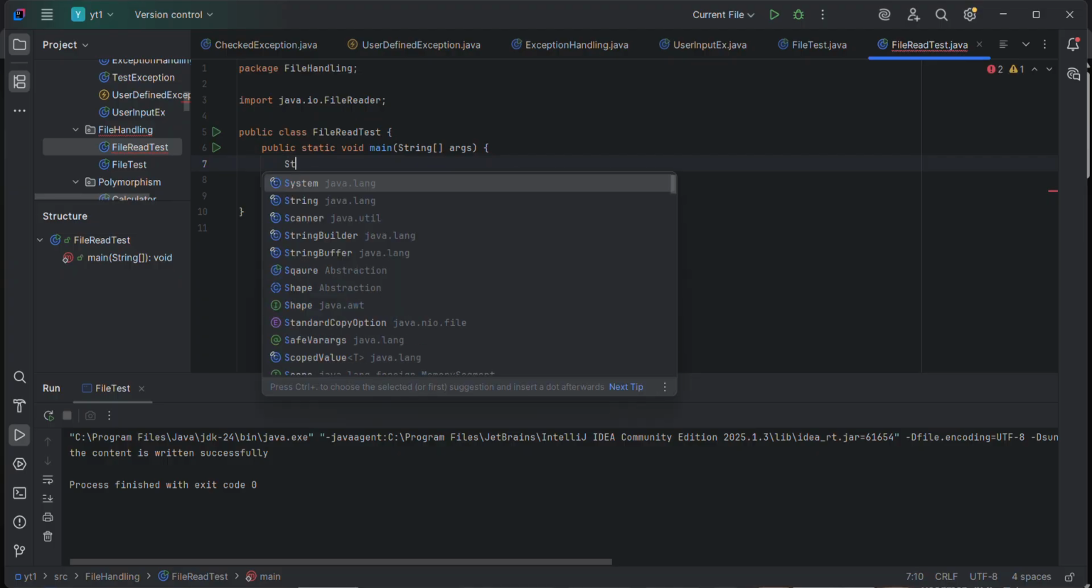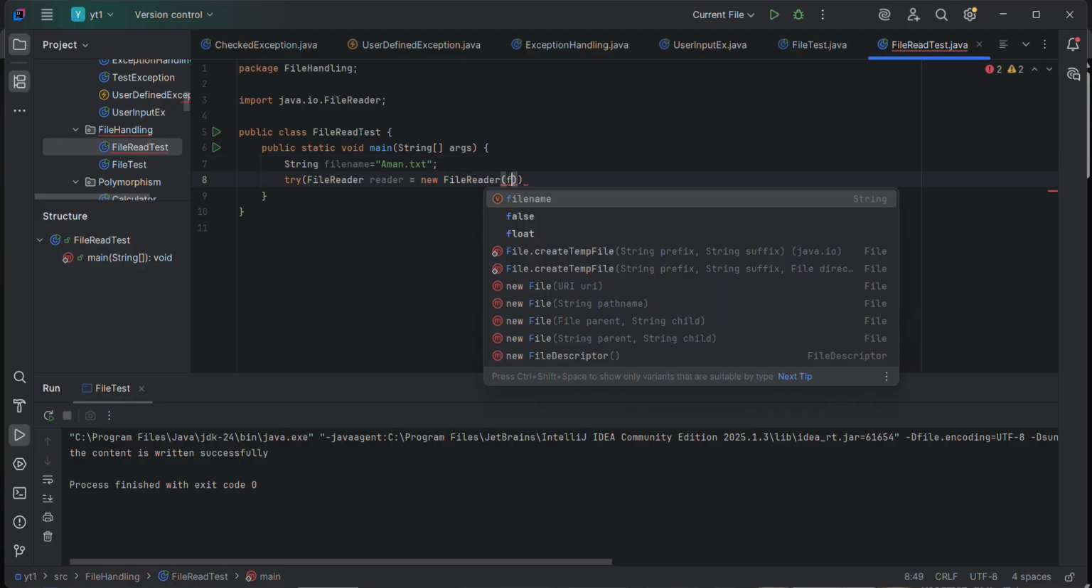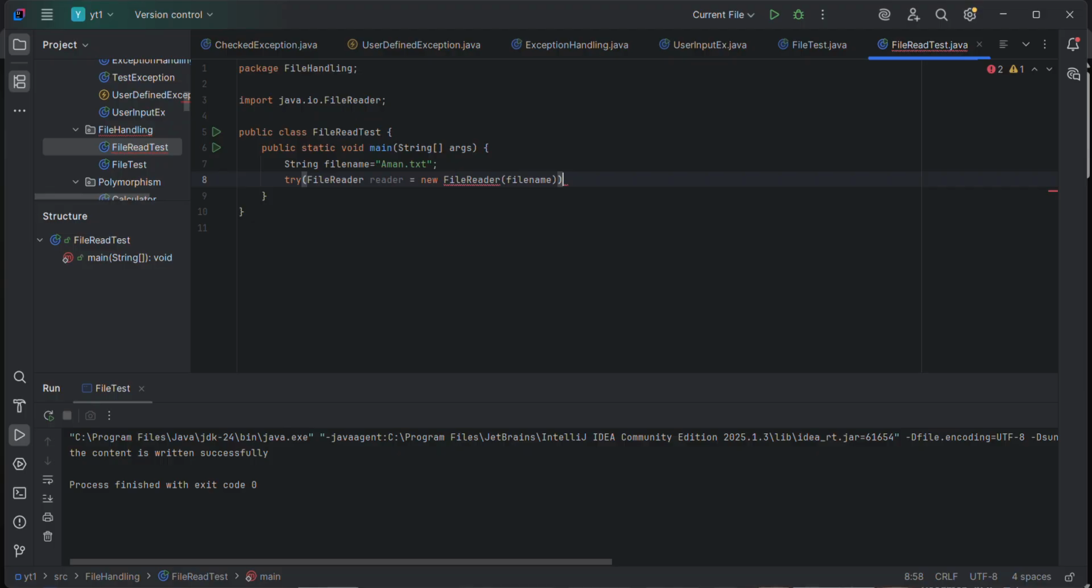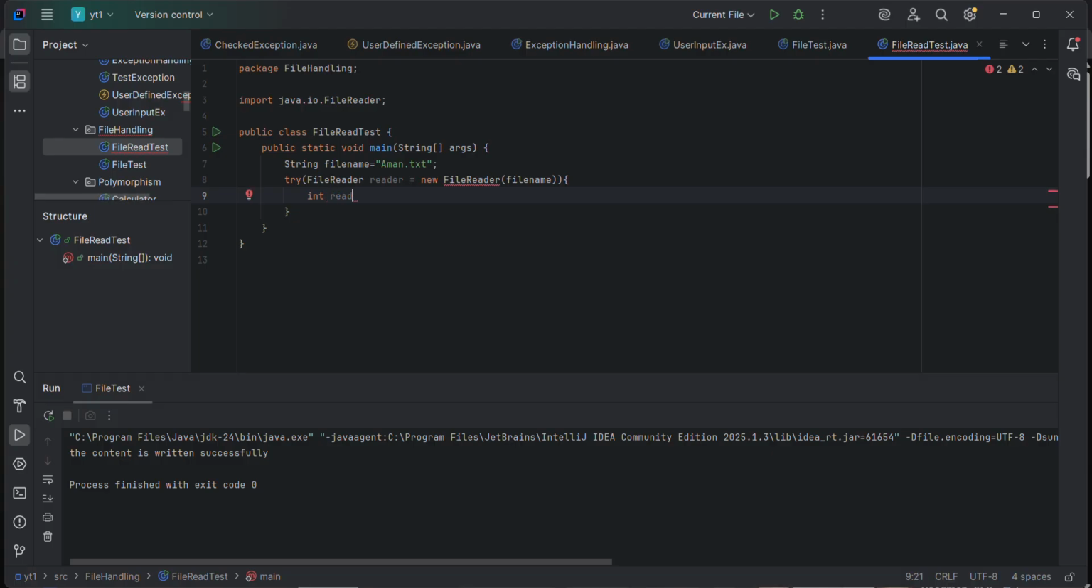So bring the name of the text. Now we will pass the file name. In this we take to